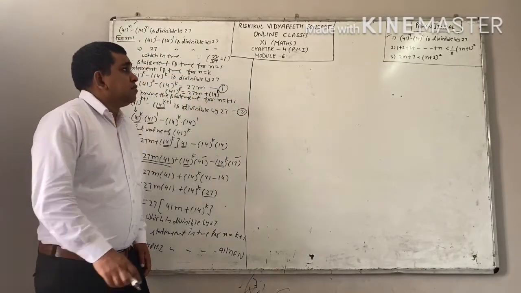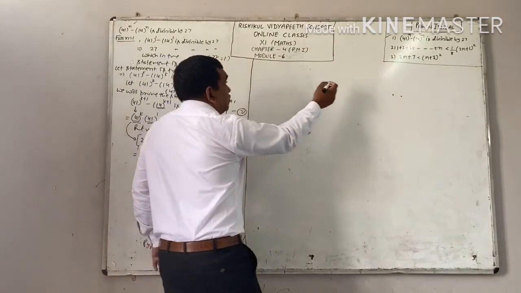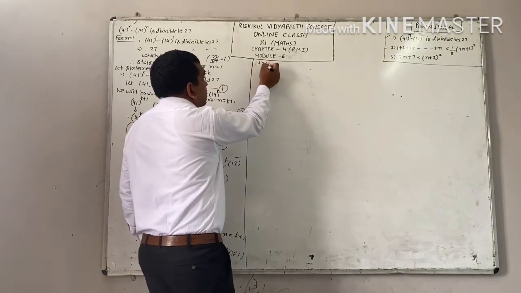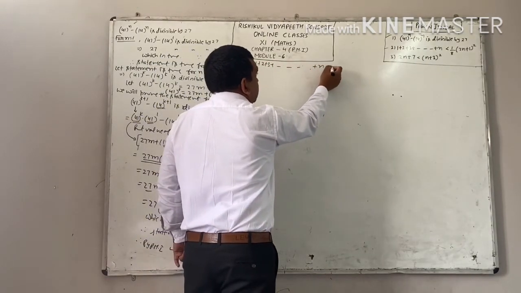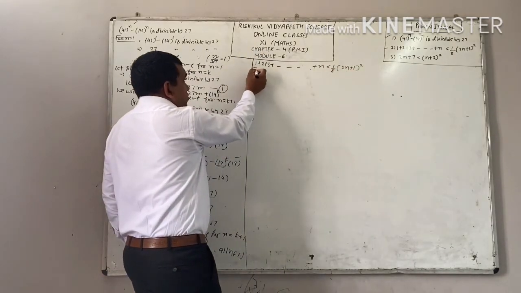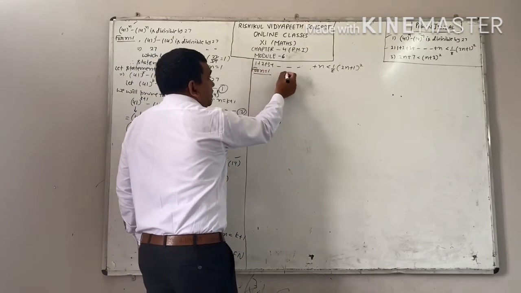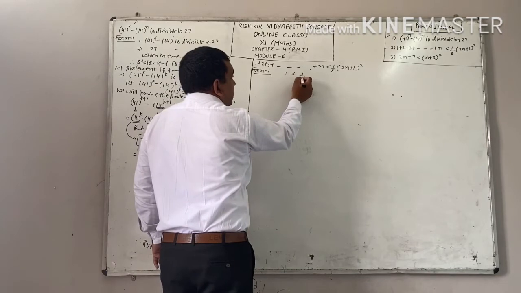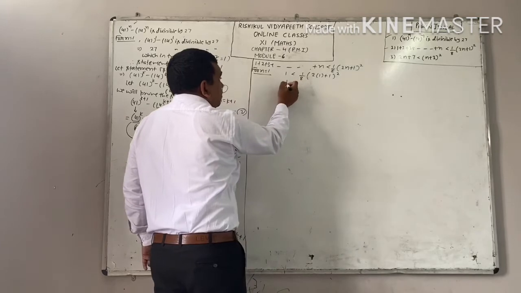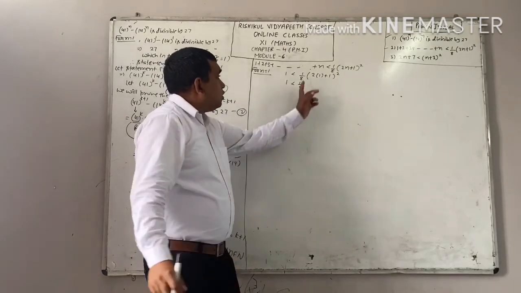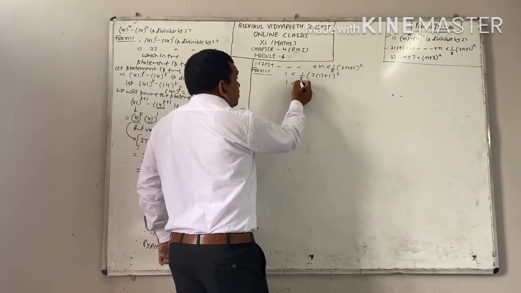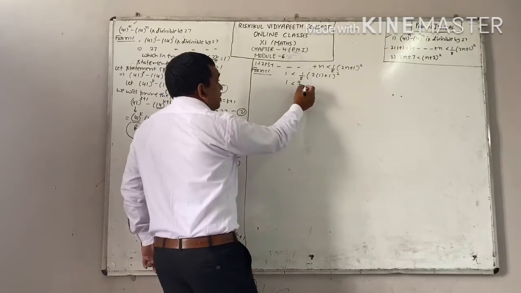See what you have to prove here. 1 plus 2 plus 3 plus up to so on n less than 1 by 8 into 2n plus 1 whole square. First step, for n equal to 1, left hand side 1, right hand side 1 by 8, bracket start 2 into 1 plus 1 whole square. 1 less than 1 by 8. Now see here, 2 into 1 is 2, 2 plus 1 is 3, 3 whole square is 9. This will become your 9 by 8. 1 less than 9 by 8, which is true.